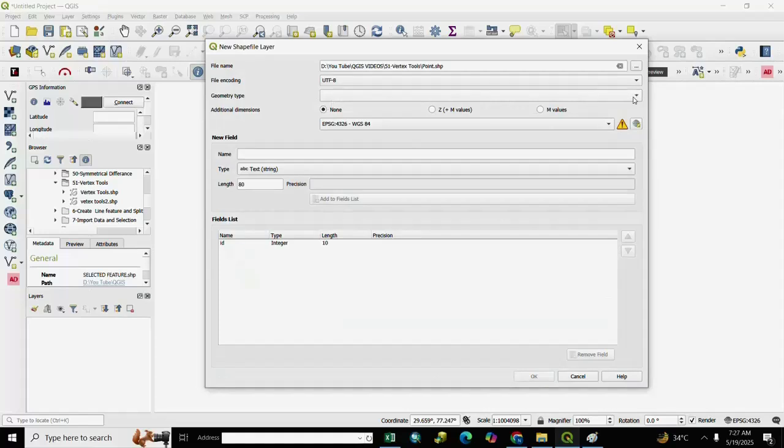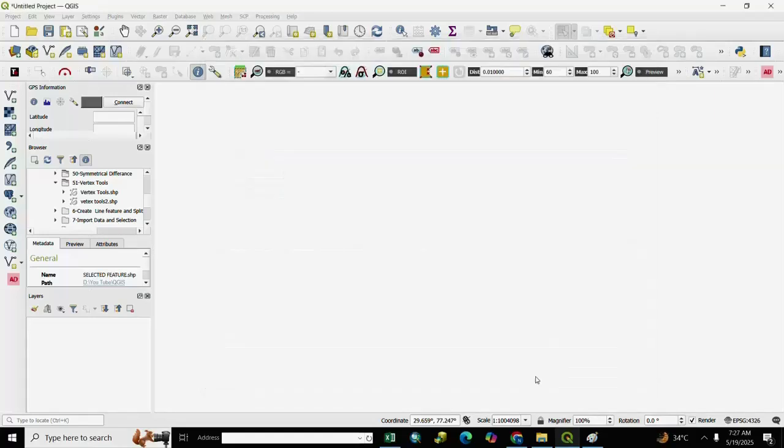For geometry type, we select point. After it, if you want to add a field name, you write here name, click Add to Field List, and OK. Our point layer is created.